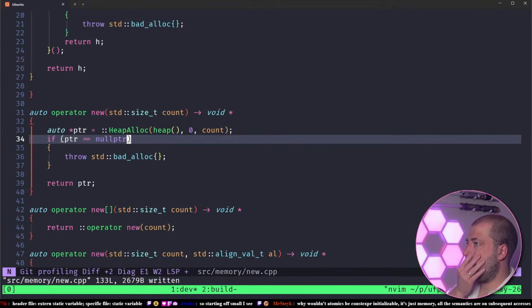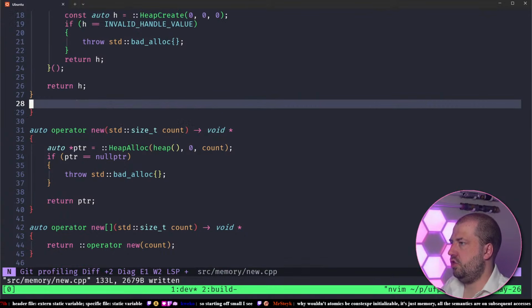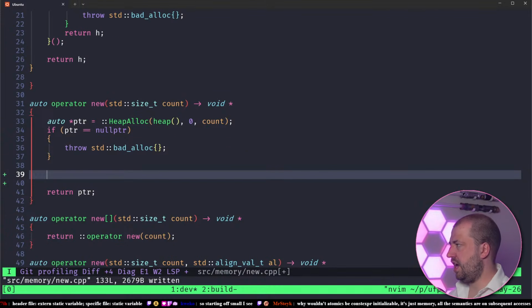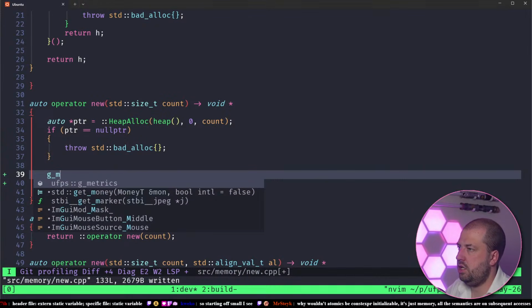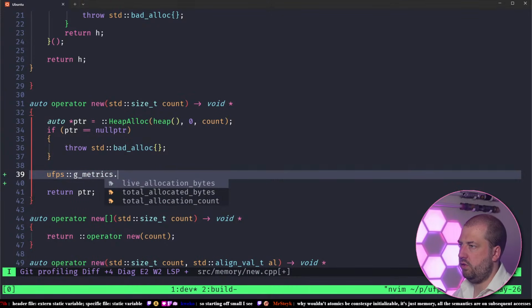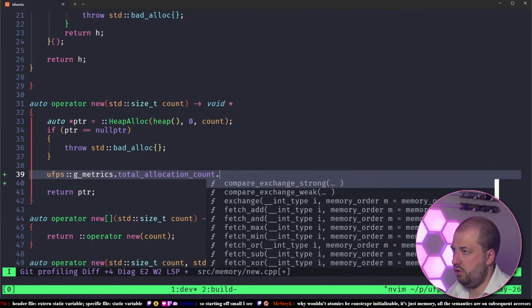Okay, right. So now what we're going to do is when we do new, assuming we've got this just before this. Remember, we could have a debug, tracking new and a non-tracking new, which doesn't have this, and then we could use CMake to control which one we include. But for now, let's just shove it all in there. So UFPS G metrics dot total allocation count dot